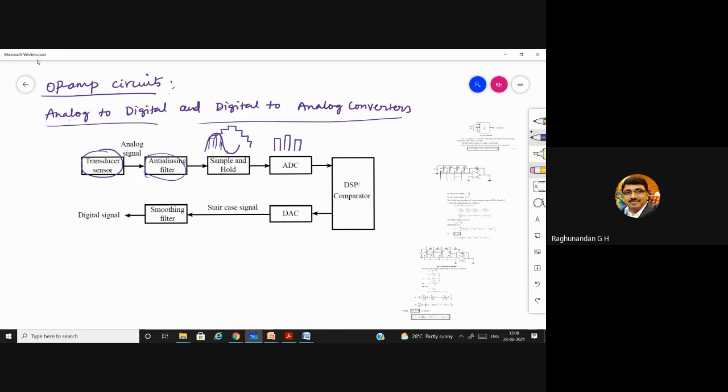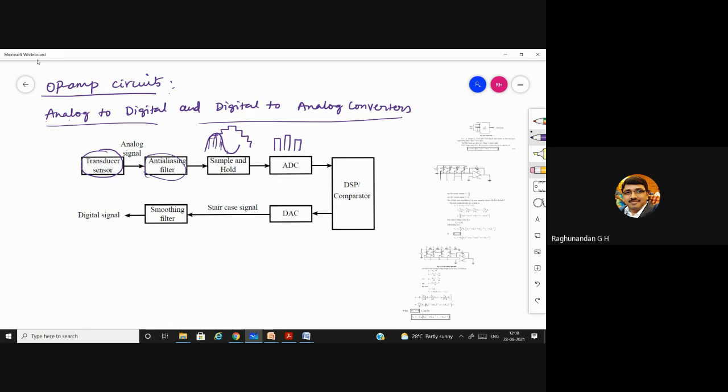How we are going to convert that, we will be discussing these techniques in detail in the upcoming topics. Then you will understand. As of now, just remember it is going to sample and hold the signal at some particular level, and give it to the ADC, which converts the analog to its digital equivalent, and then gives it to the DSP, digital signal processor, or it can give it to a comparator.